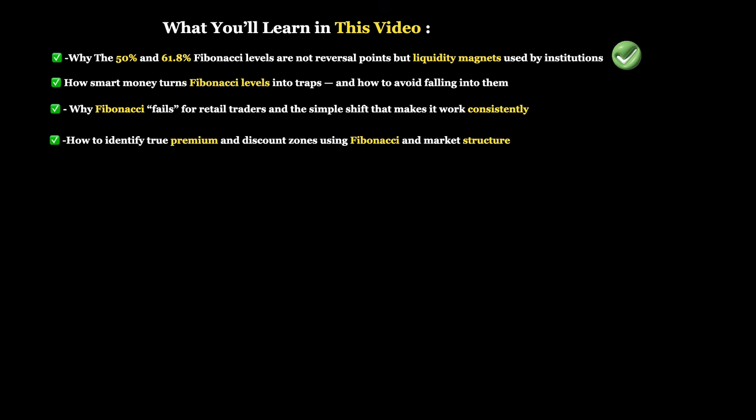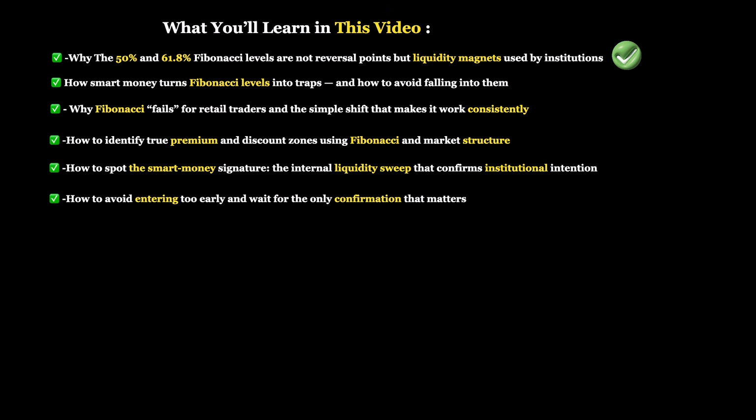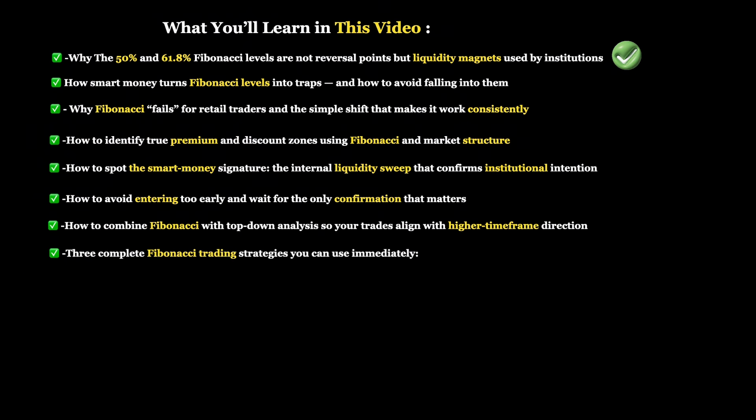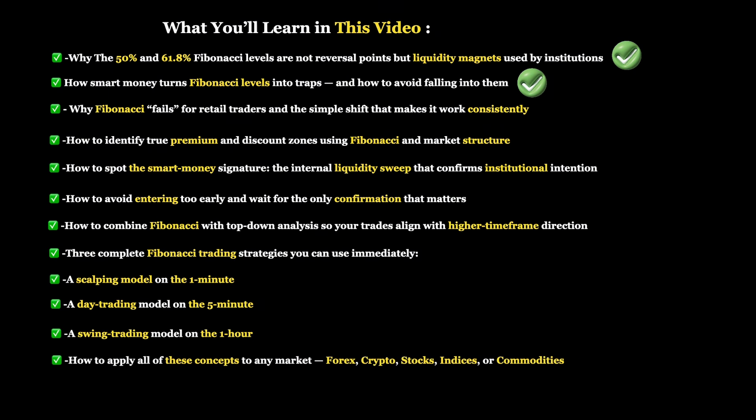With that being said, here's what you're going to learn in this video. Why the 50% and 61.8% Fibonacci levels are not reversal points but liquidity magnets used by institutions, how smart money turns Fibonacci levels into traps, and how to avoid falling into them, why Fibonacci fails for retail traders, and the simple shift that makes it work consistently, how to identify true premium and discount zones using Fibonacci and market structure,